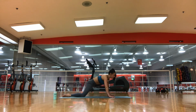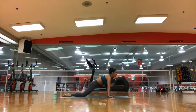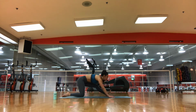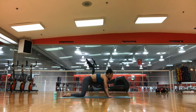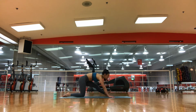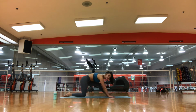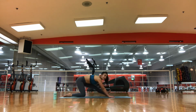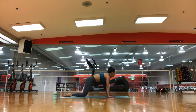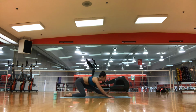Listening to your body. And it's really true that your issues get stuck in your tissues. So sometimes if you have a lot of stress, if you have a lot going on in your life, if you're feeling more stiff, you might feel emotions arise when you're opening up these muscles, stretching out all of this extra energy that you have stored in your muscles and bones, everything. So let's do that last push back, flex your foot,